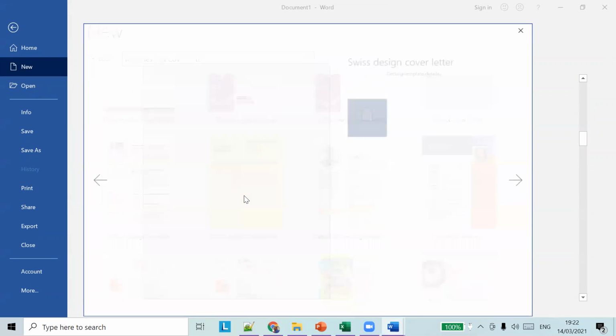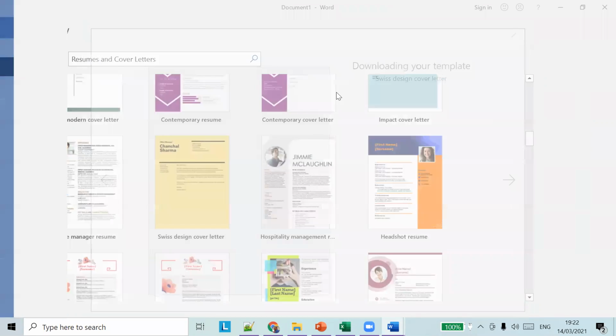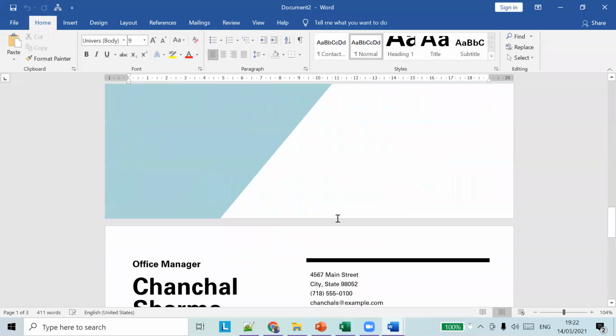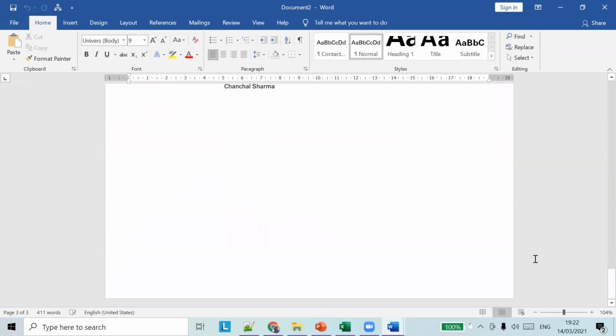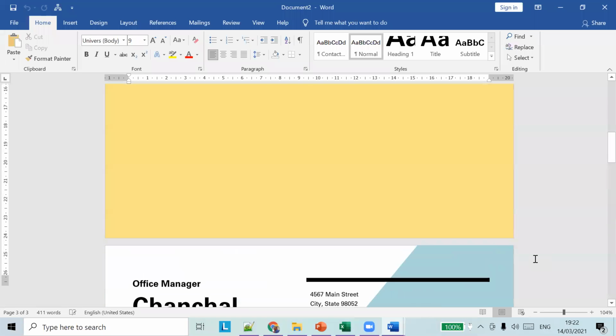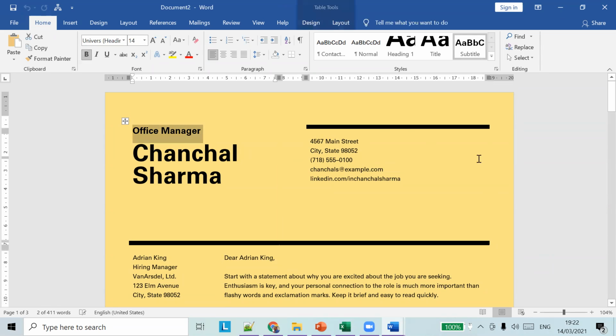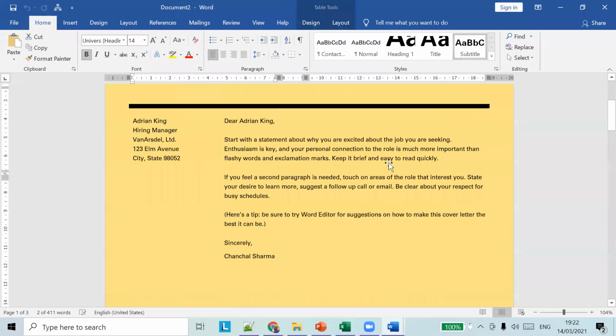Now you can see the document is already filled. We didn't type anything, but the document already comes with a predefined set of colors, fonts, and all these details. So what we can do using these templates is just change some values.